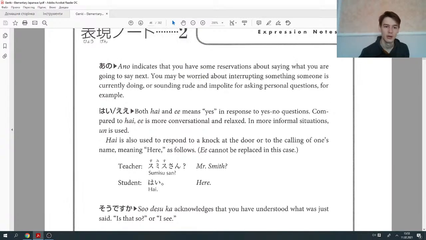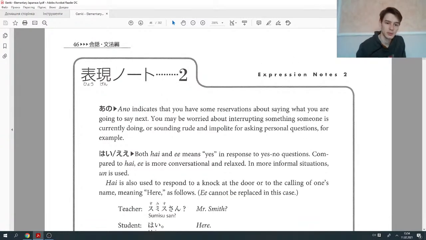Okay, let's read some expression notes, this is more interesting. So ano indicates that you have some reservation about saying what you are going to say next. You may be worried about interrupting something someone is currently doing or sounding rude. Oh my god, so it's not just that you don't know what to say, but you want to indicate that you want to speak. Very interesting, by the way. Ano,